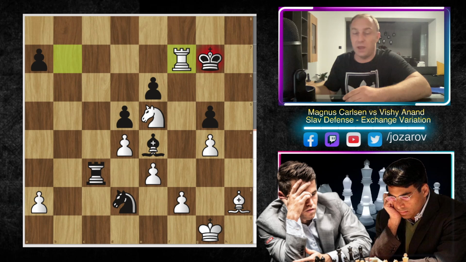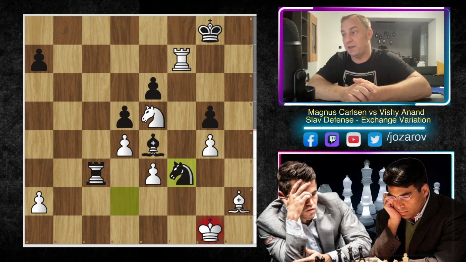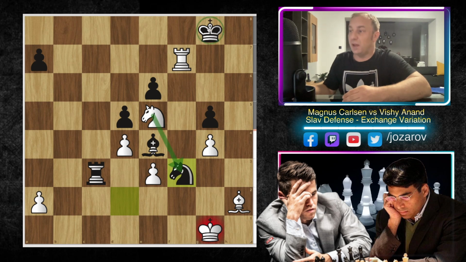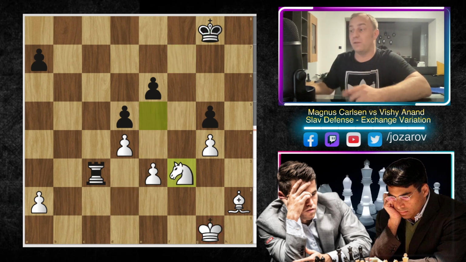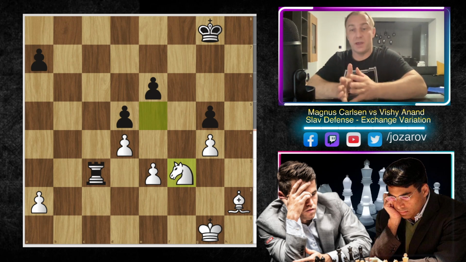So that's why, okay, Magnus Carlsen took rook takes f7, but now after king to g8 we have now f3, and now again a great move here by Vishy Anand, knight takes f3. The problem is now if you take of course with the knight, then you lose the rook, and then of course it's game over. Here Vishy Anand went into a very cool line, because now after rook to f3, bishop to f3, knight to f3, we have now an endgame in which Vishy has of course the rook against two minor pieces. But there is now a huge problem here for Magnus Carlsen.